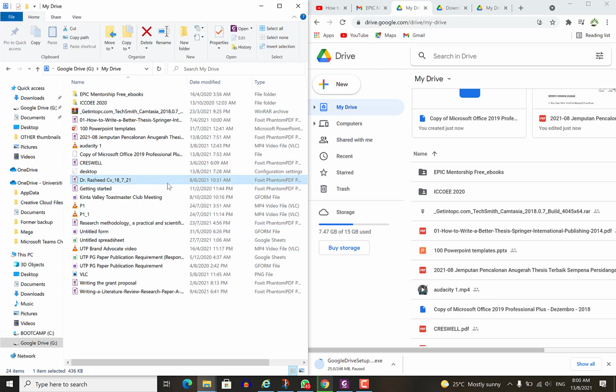But for all others, you have to be online to be able to access them. So they don't occupy any space on your computer. That's the advantage. You just need a small network and you can open them and do whatever operations you want to do. Once you're done, you close.